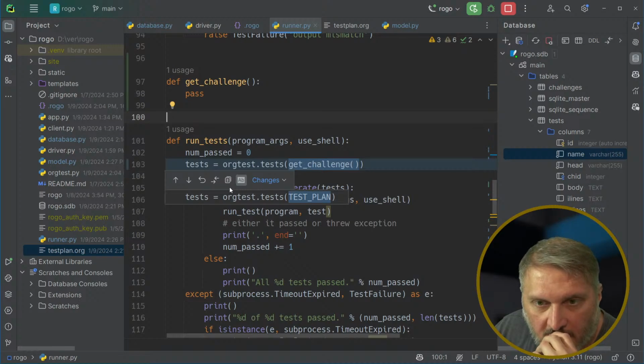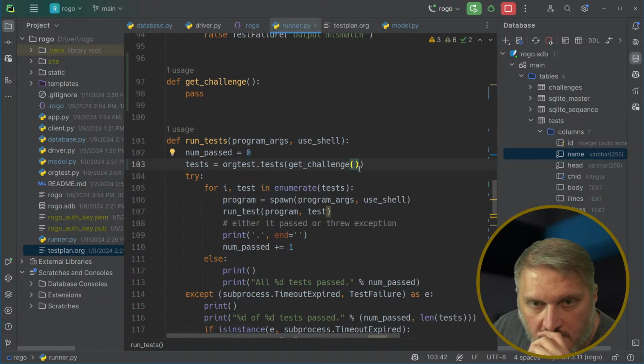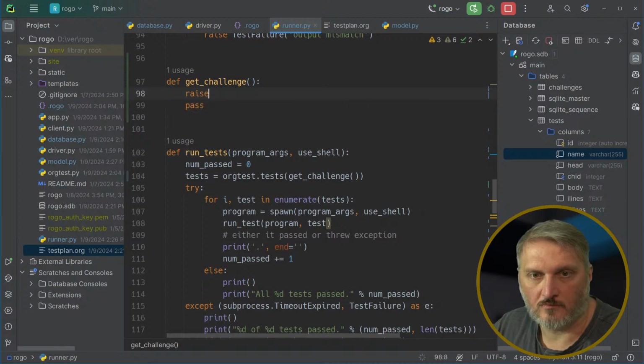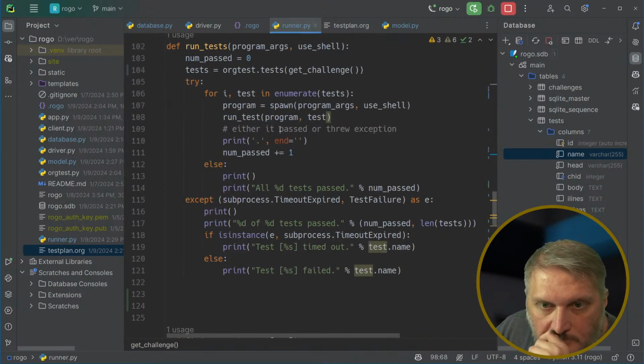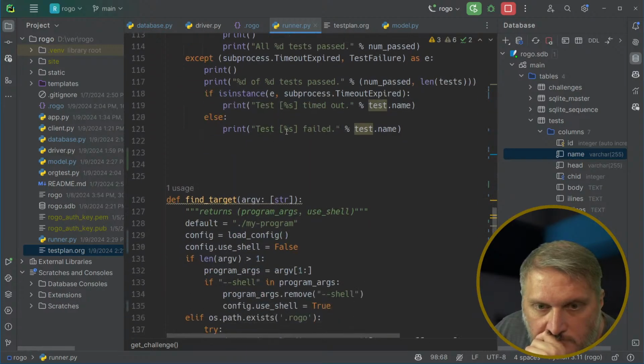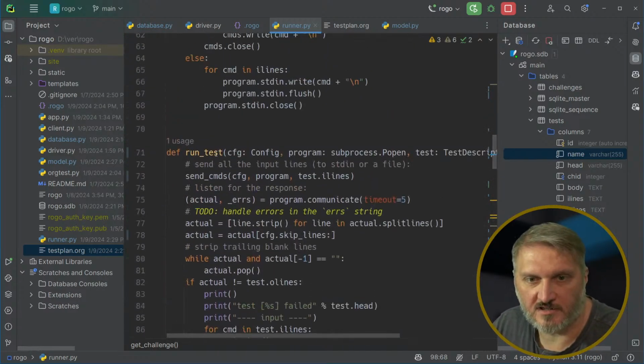Oh, test plan. We'll come back to this in a minute. Raise not implemented. All right, so this thing needed